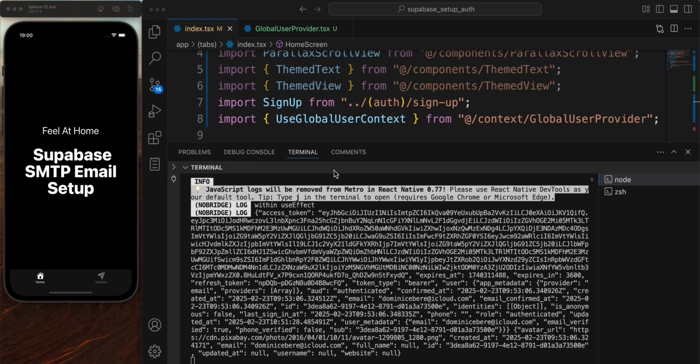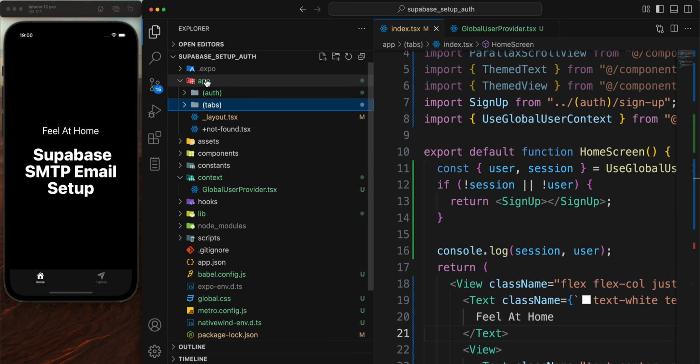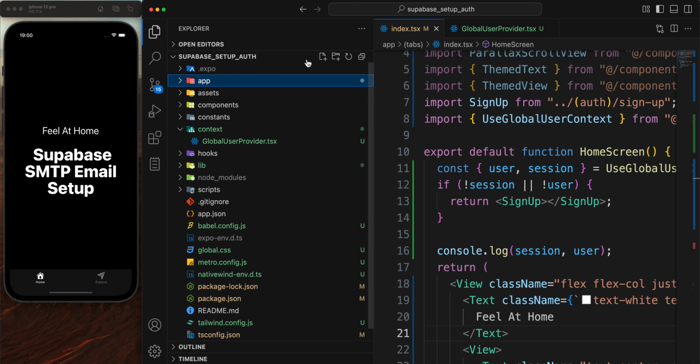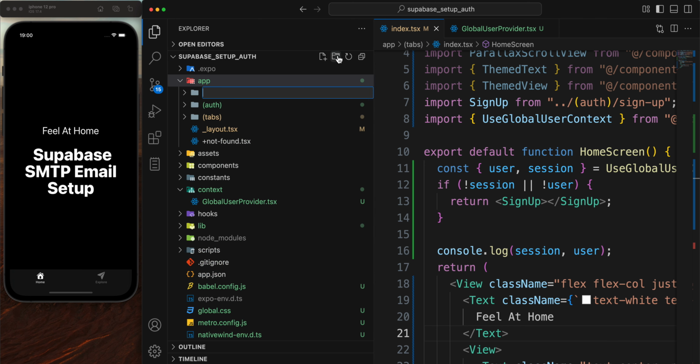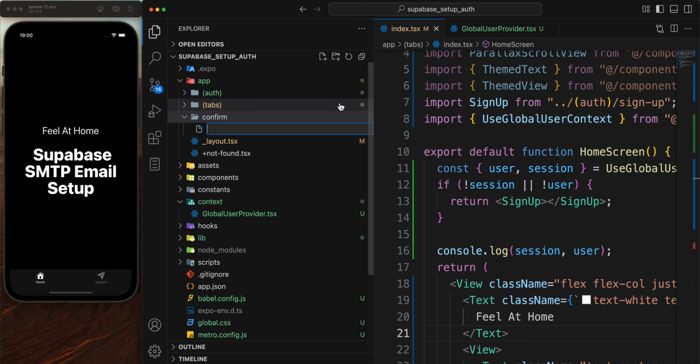So right here, we're back to our VS Code. I'm going to close this one off, and right within the app folder, I'm going to create a separate folder, not within the tabs, no, but within app directly. I'm going to create a new folder, and I'm going to call it confirm, like so. So this is a route, right? And within the confirm, I'm going to have another file. Let's have a file called token